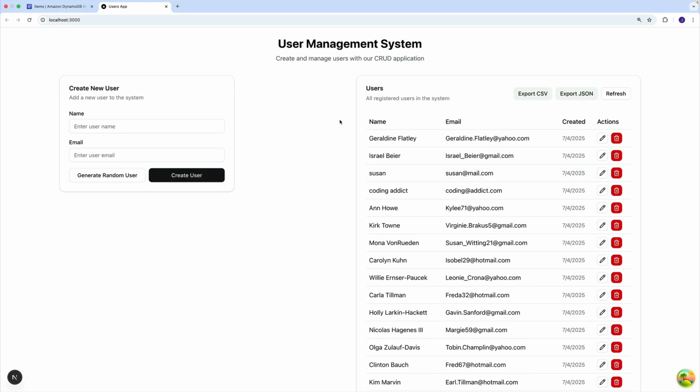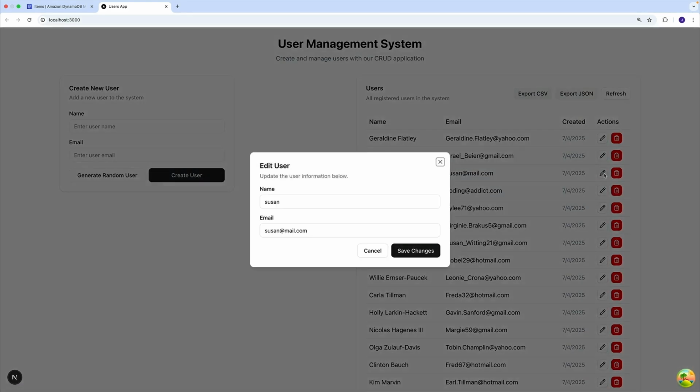And once we have created some users, let's go back to the list, and let's see how we can delete and edit. Let's say I want to edit Susan. I just click on this particular user. So in this case, it's going to be a GET request to get specific info on that user. In this case, it's Susan and